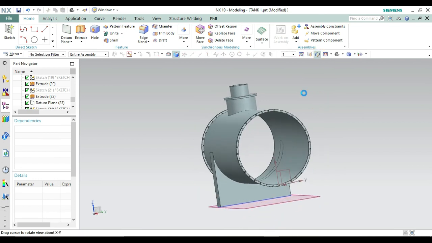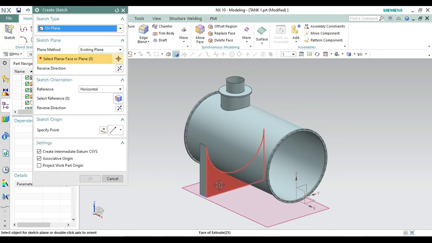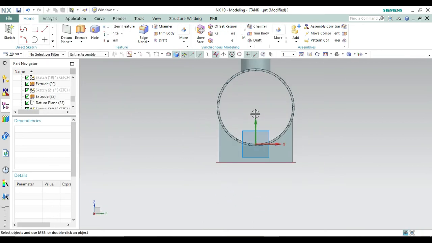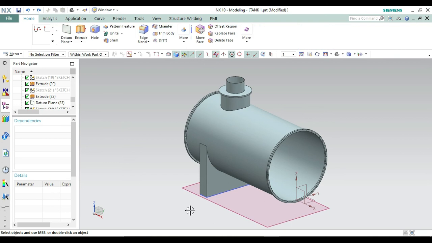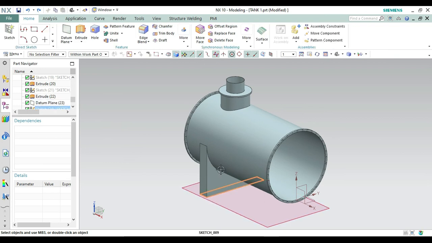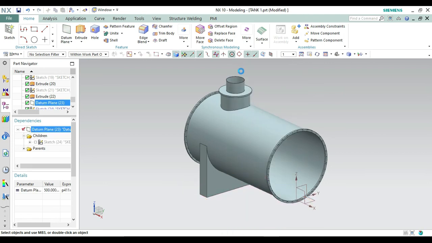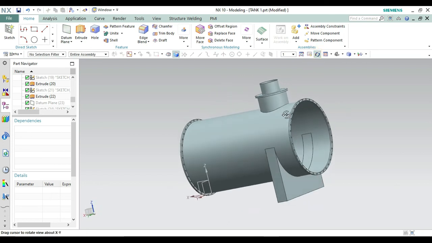Okay, so now what we have to do is to work on this one. So again going on to the sketch command, taking this face of the extrude and make it okay. Okay, so no need to do the sketch, let's undo with Control Z. So from here hide this sketch, or right click on this and also hide this sketch from here also. So now let's first see if everything is going perfect.